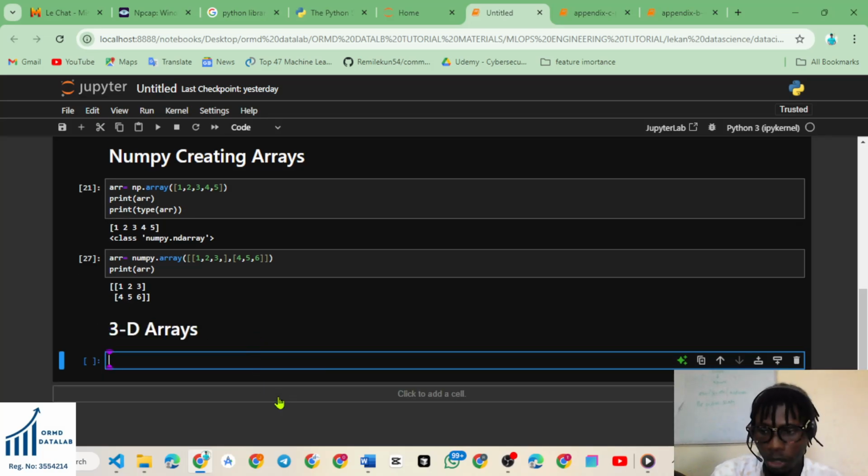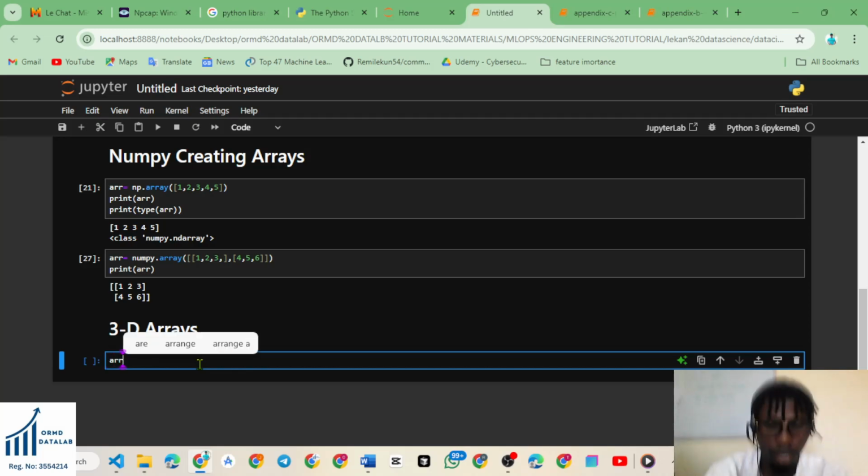So what are three-dimensional arrays? Three-dimensional arrays are arrays of elements that have three dimensions. So they have three rows, and also three columns. For example, to create a three-dimensional array in Python, let's still use our ARR, which is equal to